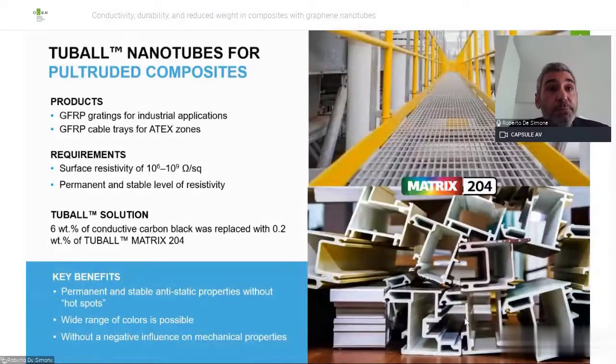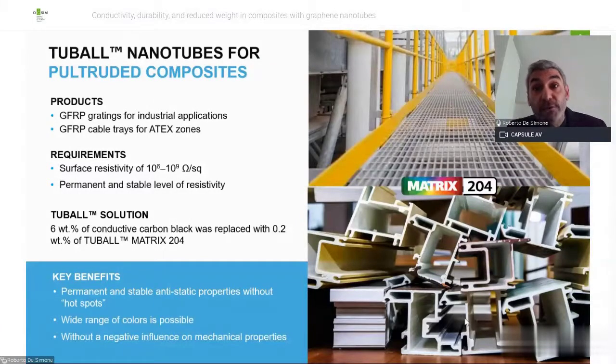Another kind of application is pultrusion, in the composite area. In this case, we are talking about GFRP gratings or cable trays for the ATEX zone. We are talking mainly about vinyl ester and polyester resin, so we can highlight tubal matrix 204. With only 0.2% of tubal matrix 204, which means, as I said before, 0.02% of tubal, the active material, you are going to easily replace 6 weight percent of conductive carbon black,